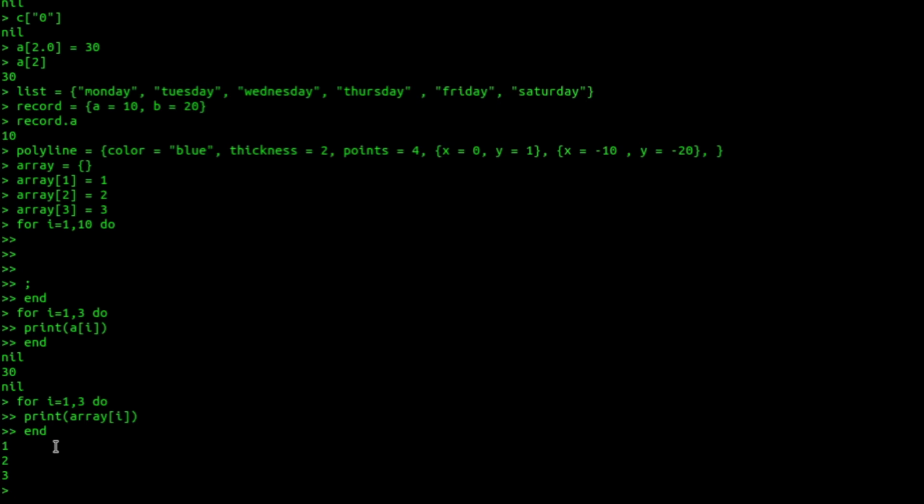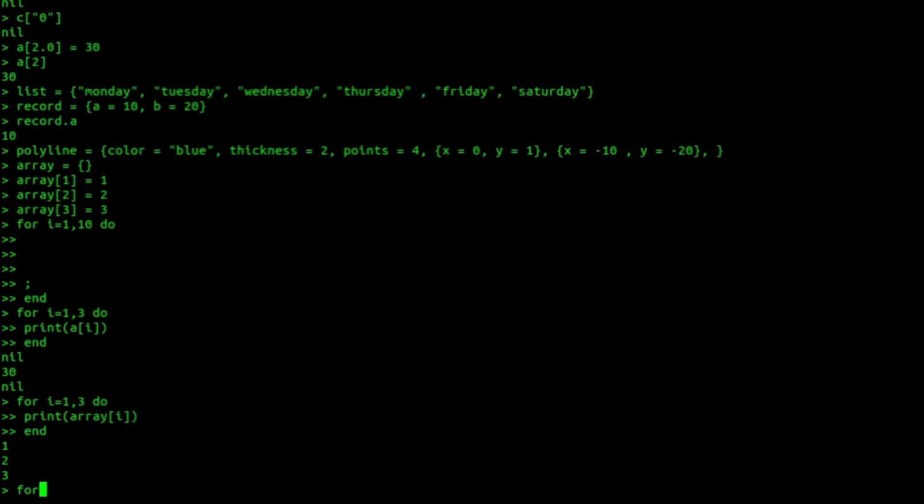Now there is a concept in Lua called sequence. So what is a sequence in Lua? To put it simply, it is a simple list or a table without holes, means without nil values. For sequences especially, we have a special operator in Lua, this operator. Remember I showed you this operator with strings also, which gives you the number of bytes in strings. You can use this operator for sequences also, which gives the number of elements in that table or list or sequence, whatever you call it. So this is useful when you are iterating over sequences.